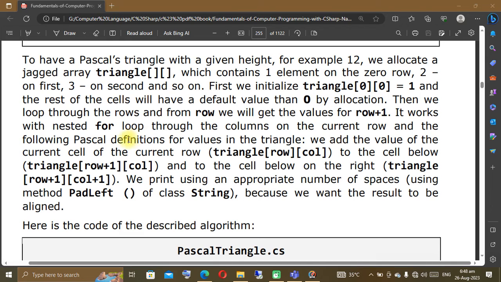Then we loop through the rows, and from each row we get the values for row plus 1. It works with a nested for loop through the columns on the current row, and the following Pascal's